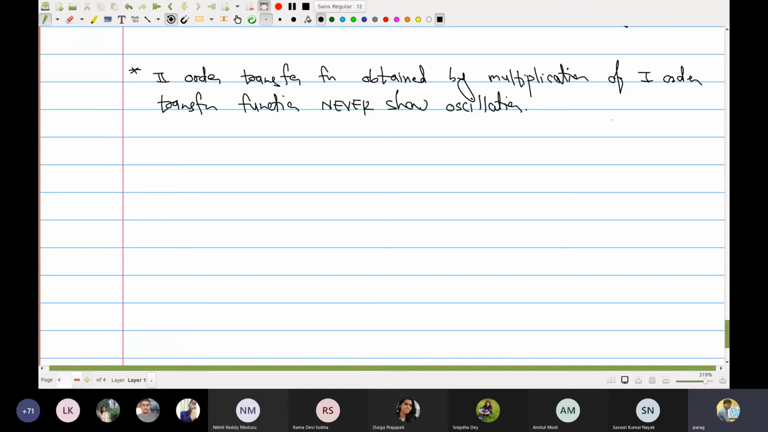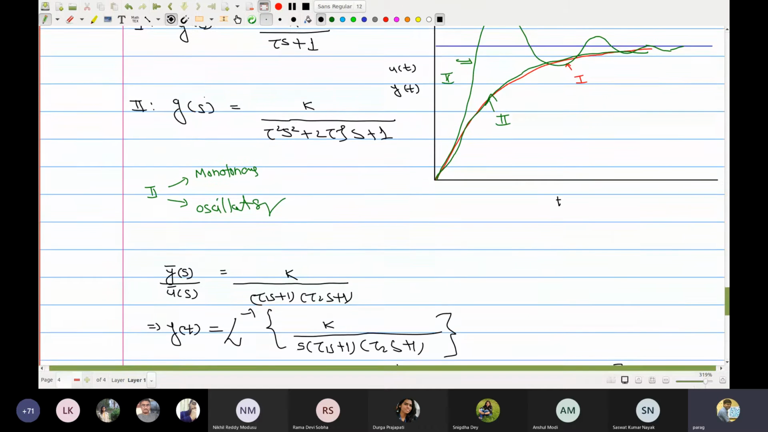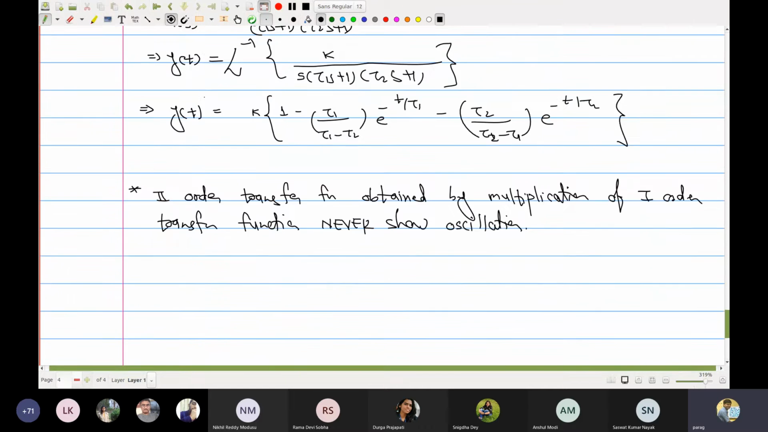Okay, so now you see, if you have a system which is made up of individual first order systems, the overall order of the system will become 2. In fact, it can become 3, 5, 100, any nth order system which is composed of first order systems in series will never show any oscillation. That's good news, right? Now, so our first question was this, right? Now, the second question is,